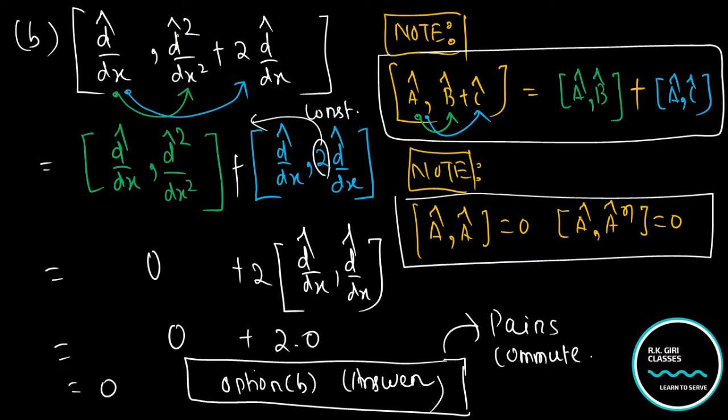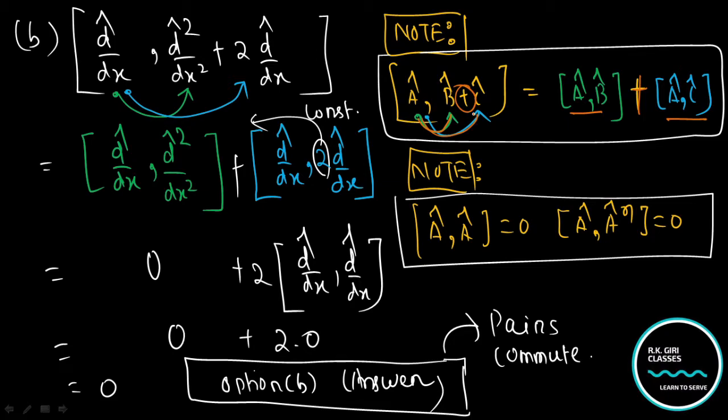Now coming to option number B, it was represented like this. This is A and this is B, right? Before coming to this, you have to remember one formula, that is A with B plus C. What the formula said? A with B and A with C. Just put a plus symbol here because that was B and C having a plus, right? That's why you are giving a plus symbol.